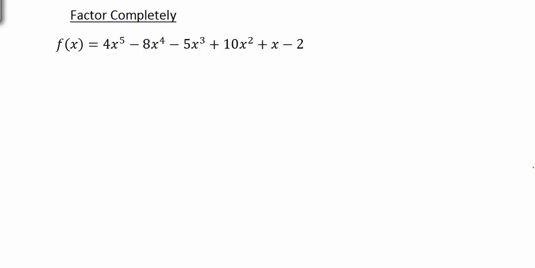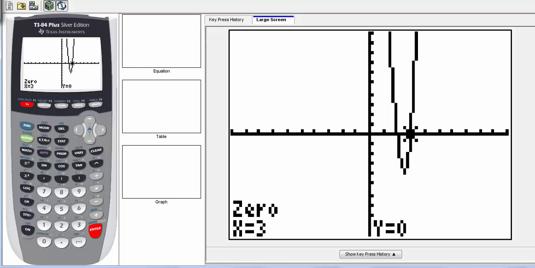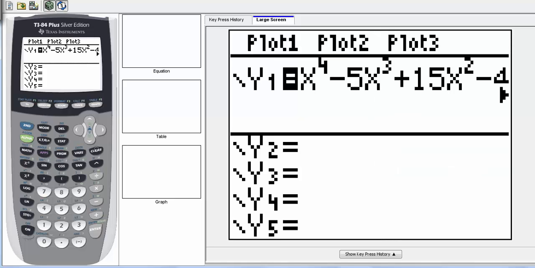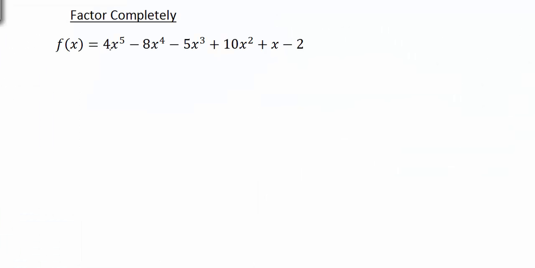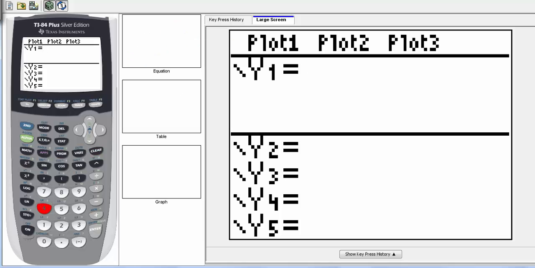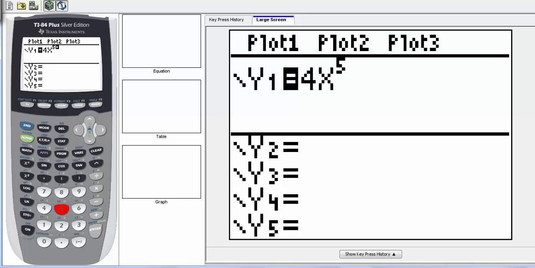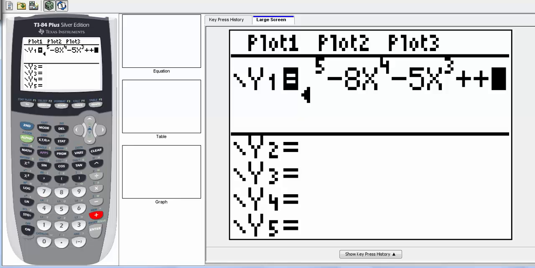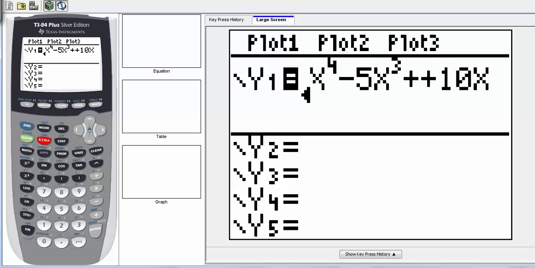All right, here we have another example. And once again, we're going to start out the same way. We want to start by graphing the polynomial function. So if we go to our calculator, we're going to type in the polynomial function here. So we have 4x to the 5th minus 8x to the 4th power minus 5x cubed plus 10x squared